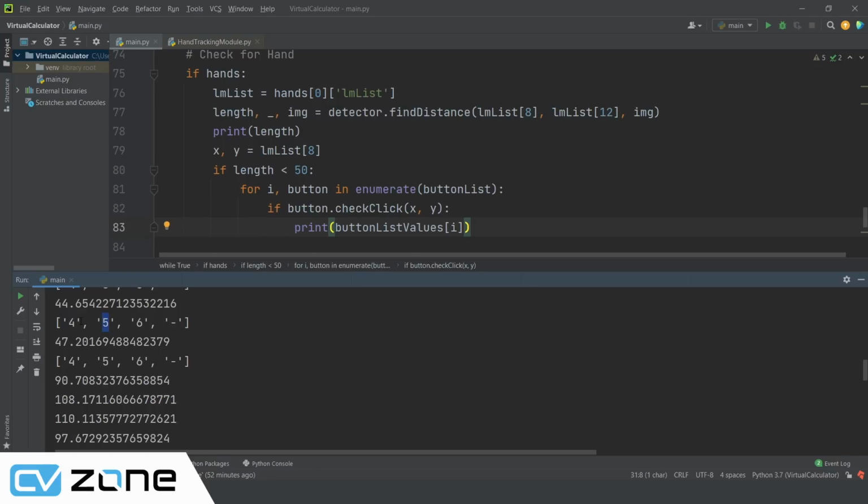So wherever it clicked. So what we can do is, here we will do a little bit of maths. Very simple. So it's a two-dimensional array. So we need two values here. The first value will be a remainder of 4. So we will put remainder of 4. And the second value will be a division of 4. So I divided by 4. So this here will tell us the exact value that is being used. So if we print this now,